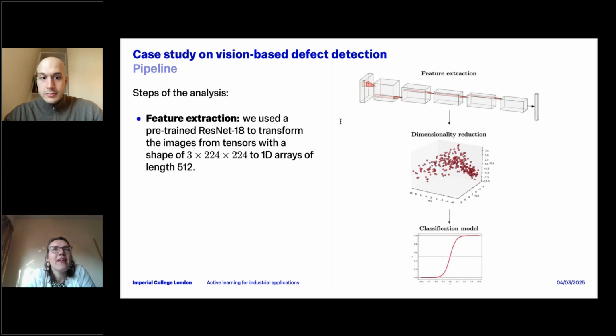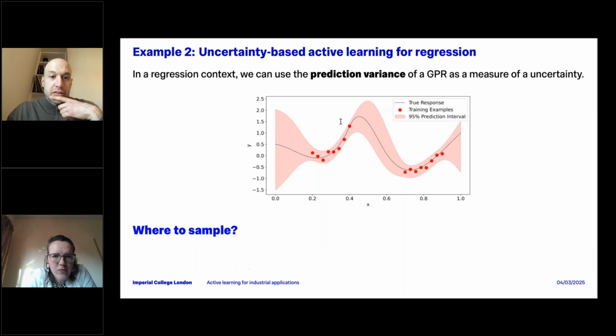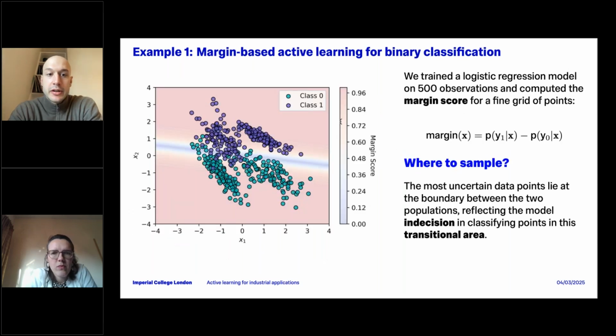And then there's another question that says, in the case study, what type of pool-based active learning did you use? Can you elaborate a little bit on that? Yeah, so since we use a simple logistic regression model, we use margin-based active learning. We assume we only have two classes, defective and non-defective: class 0 is non-defective, and class 1 is defective. We have an initial model, and for each observation in the unlabeled pool, we compute the margin score, the difference between the prediction of being defective and being non-defective.